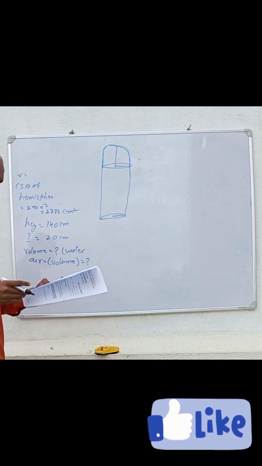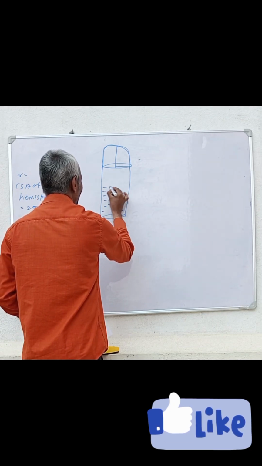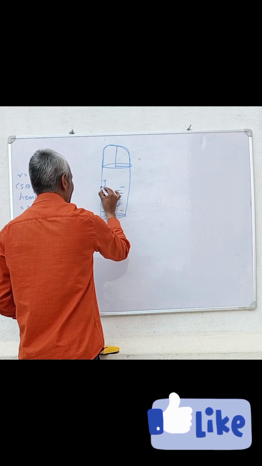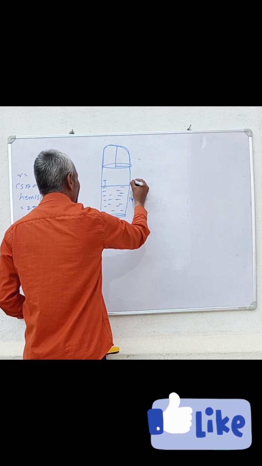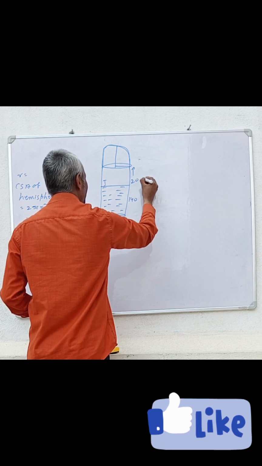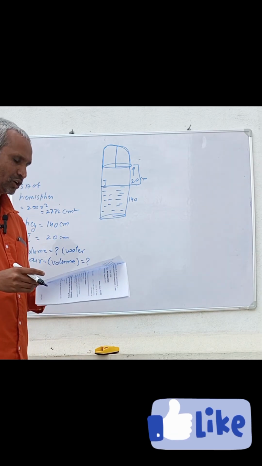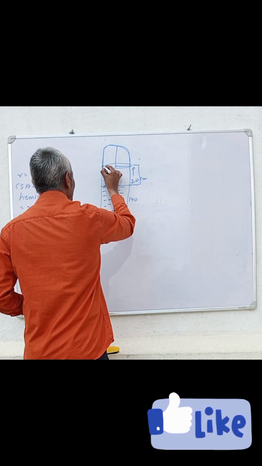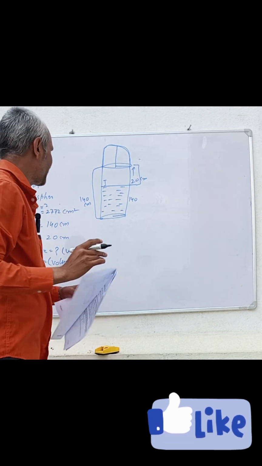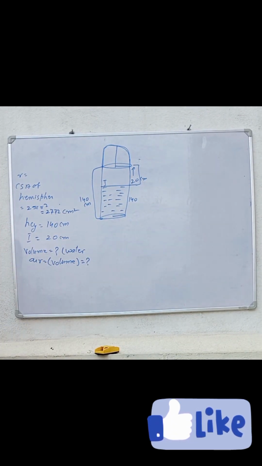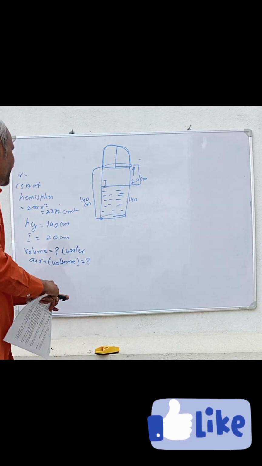Now in that, the water is kept up to here. Suppose the indicator I is up to here, up to here is the water. It is 140 centimeter, and 20 centimeter below. This side is 20 centimeter, from here to here. And the total height, from here to here, is given as 140 centimeter. And the curved surface area is given. We have to find how much water it can hold and how much air it can hold. Let's try to solve it.